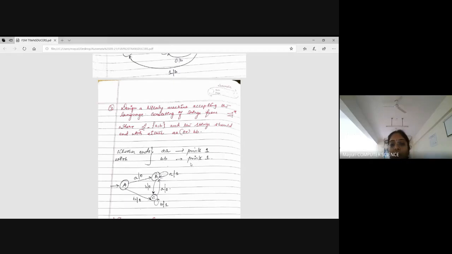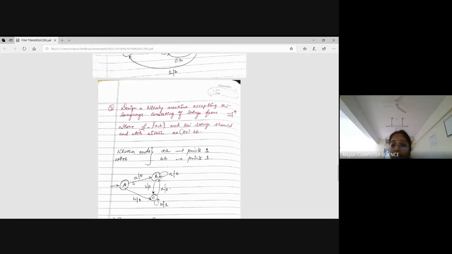Printing one means you have a proper output, not printing zero, right? So you need to print one only when your string ends with AA. So that transition has the output one. That's what I told you. So it may have an AA string or a BB string. So I had two parts, one that goes with A, one more that goes with B. Fine. So for the initial A, since it is not AA, I have taken only one single A, so I kept the output 0.